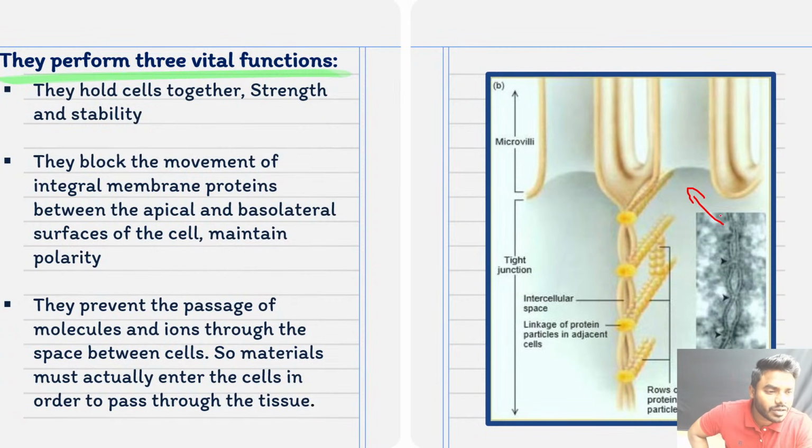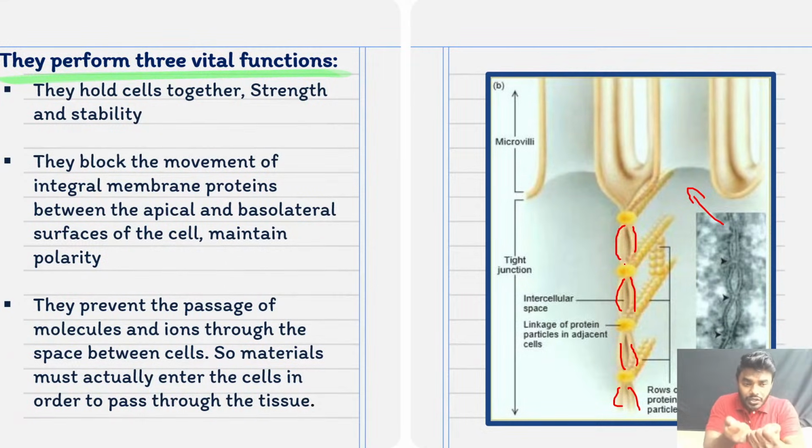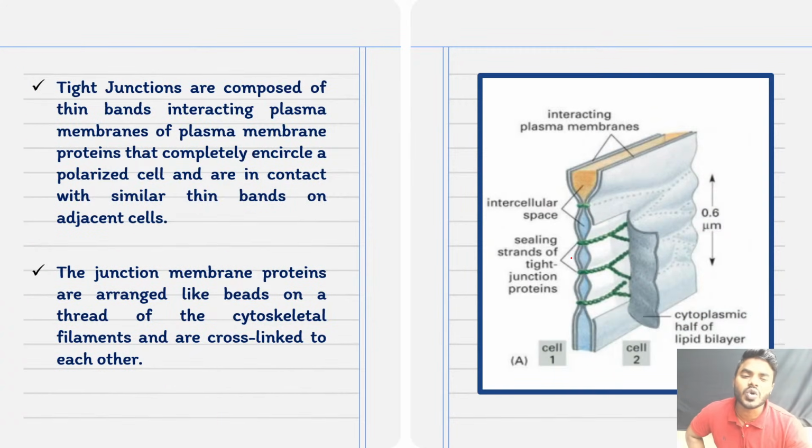See here, this is the electron microscopic picture, the same picture. See here, this is one cell, this is another cell. One cell, another cell, one cell, another cell. The two cells are brought together. Everyone listen, the two cells are brought very close together and they are very tightly packed with each other. That is how the tight junctions will be associated.